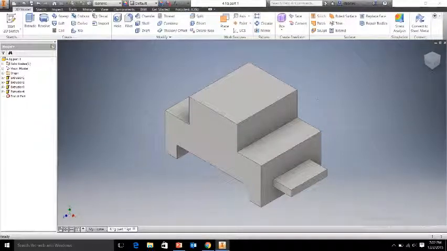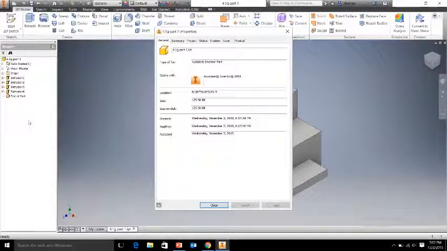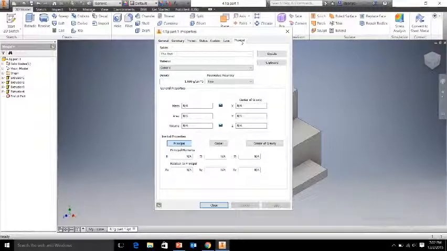How you can do this is you can go up to the I in the far left corner. You can go down to iProperties. Here on the left hand side, click iProperties. What you notice is there's a few different tabs up top here. General is open and it says what the part is that we have open. It says the size and so forth. If you go to the Physical tab, which is the far right one,